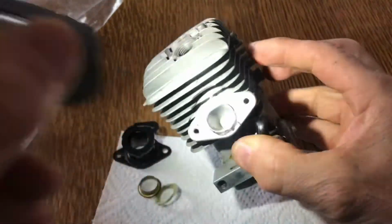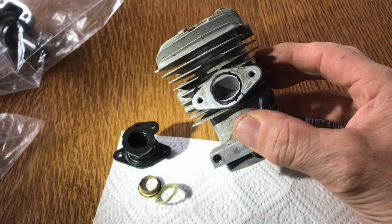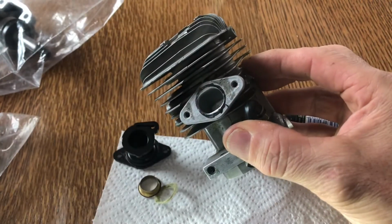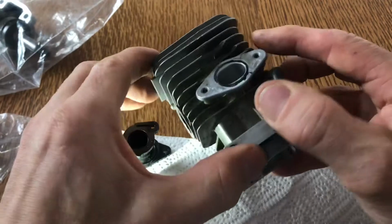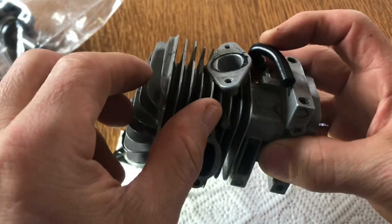I've got a rough marking of where I've got to grind. Now you've got to be really careful, I mean, I don't recommend you do this. This is just what I'm going to do. But you've got to be really careful, because if you look under there, you've actually got very little there